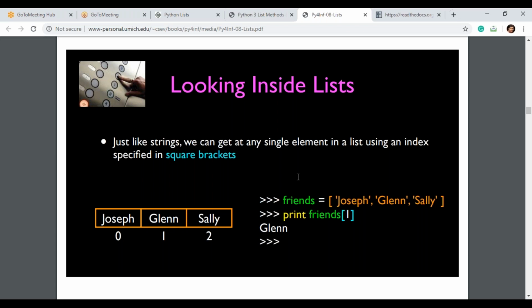So friends is equal to the list of Joseph, Glenn, Saleh. Print friends of i. Given index number 1, Glenn will be displayed on your screen. If you put 2, then Saleh will also be displayed. So depending on the index, it will show us, starting from 0 to n minus 1.